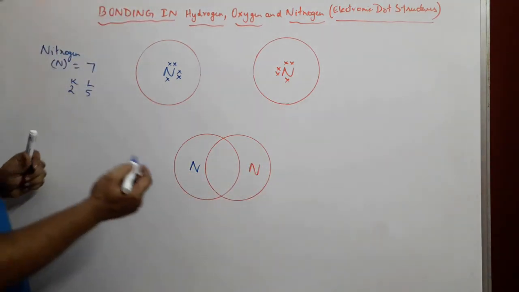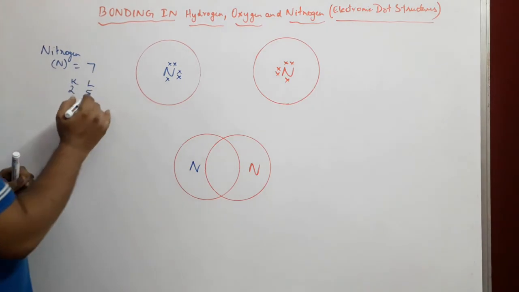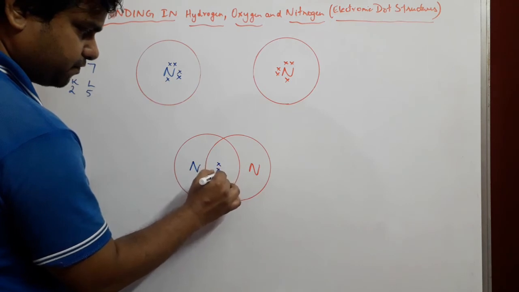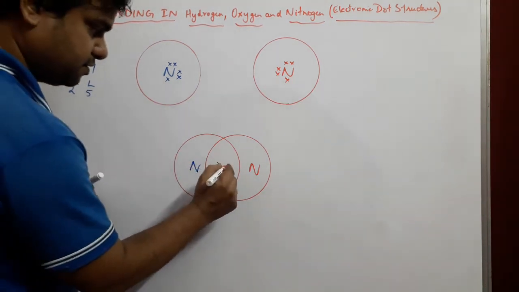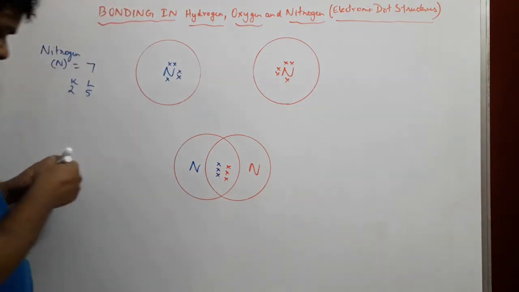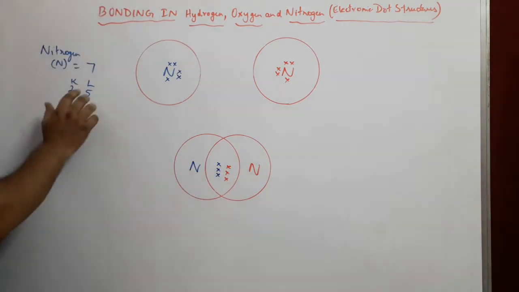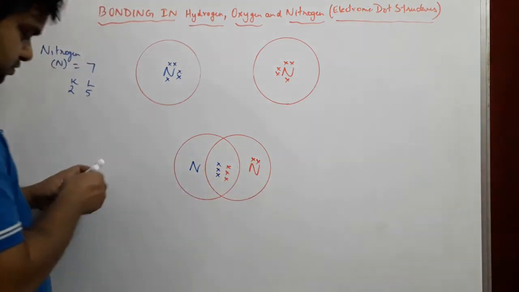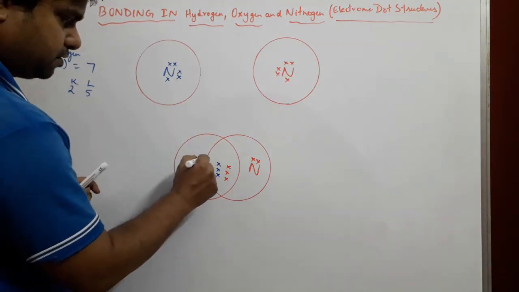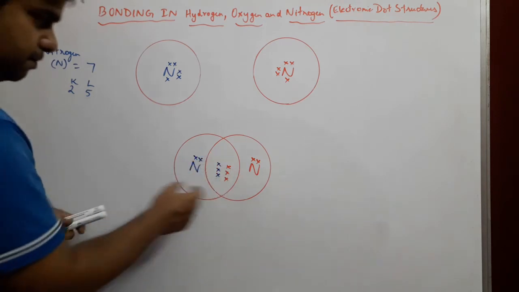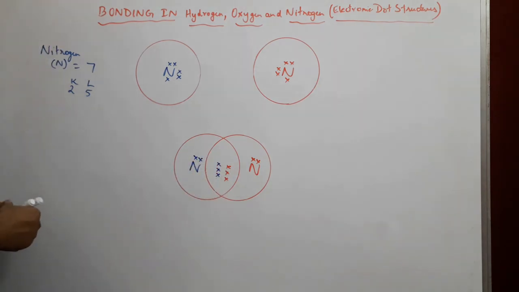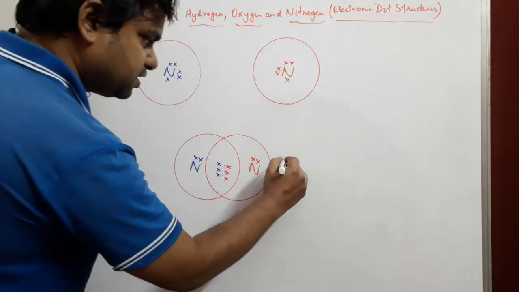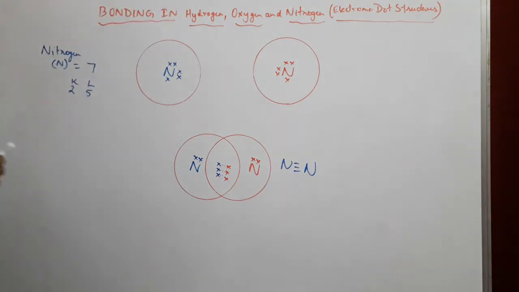Now in case of distribution, what happens is they need 3 electrons each, which means that you need to put 3 electrons over here from either side. So if we take out 3 electrons for sharing, what remains inside are just 2 more electrons. So we leave them over here, these 2, the ones on the top, and that is what we get. Now if these 3 pair up, that means we now have 3 bonds. We have 1, 2 and 3, and structurally it will look like this. Okay, triple bond